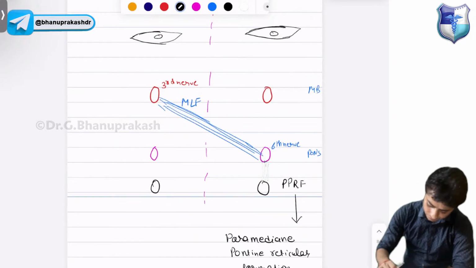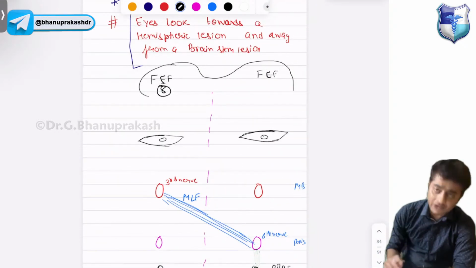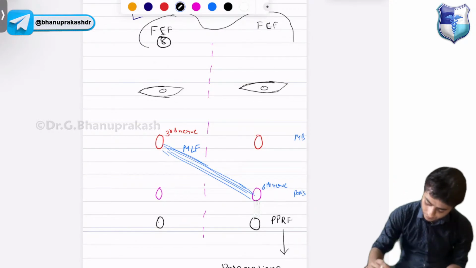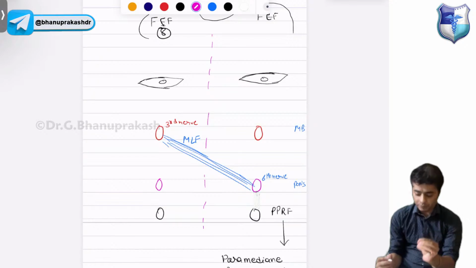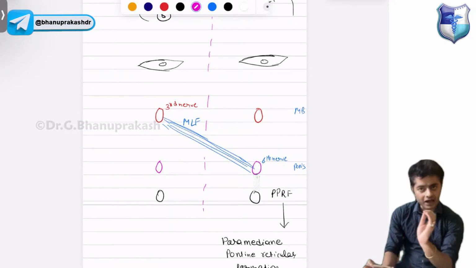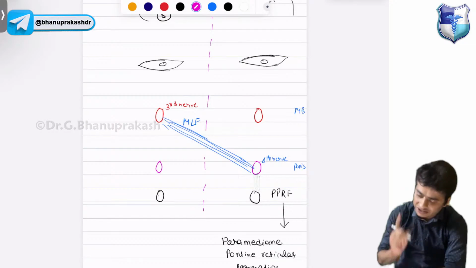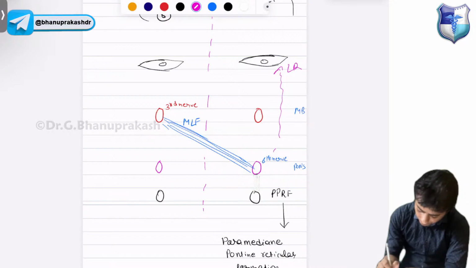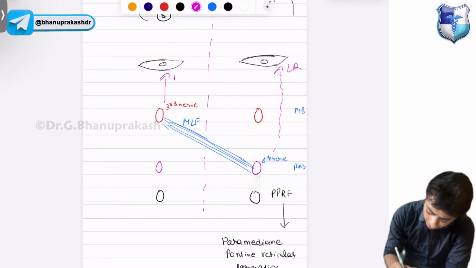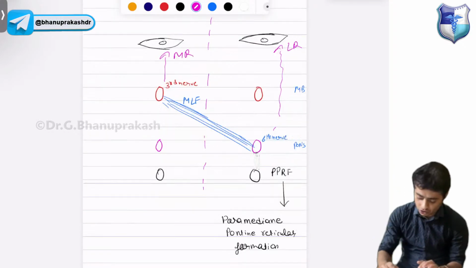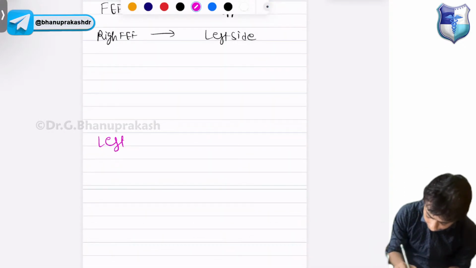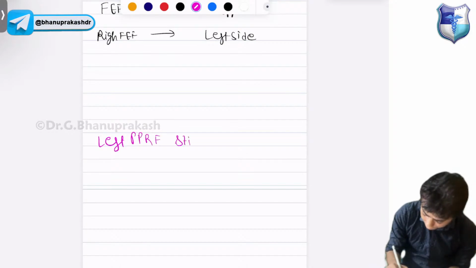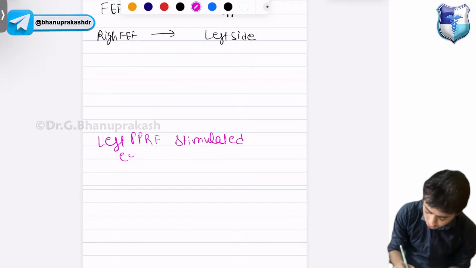So, suppose my right frontal eye field helps us to look to opposite side, then now see, suppose I am stimulating your PPRF, what will it do? It will stimulate sixth nerve. This sixth nerve will stimulate this LR. And this sixth nerve will stimulate third nerve MR. So eyes will go to left side. So if left PPRF is stimulated, eyes go to